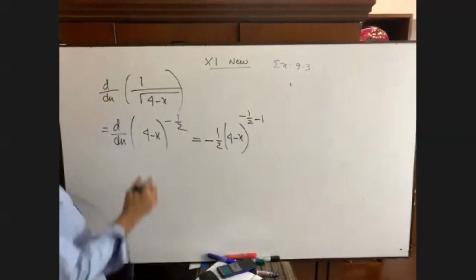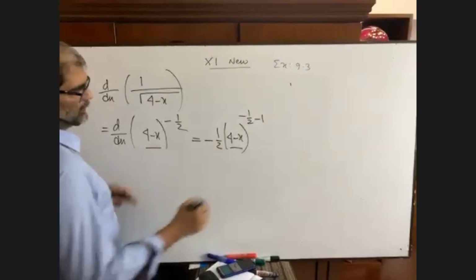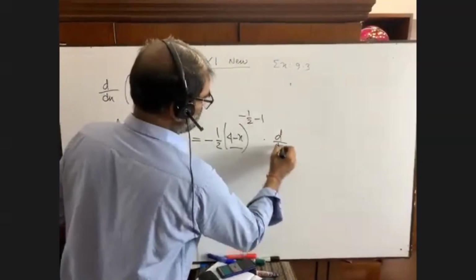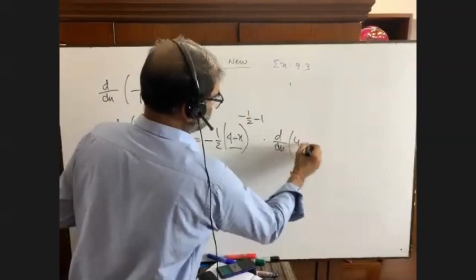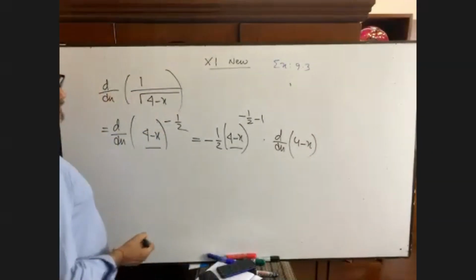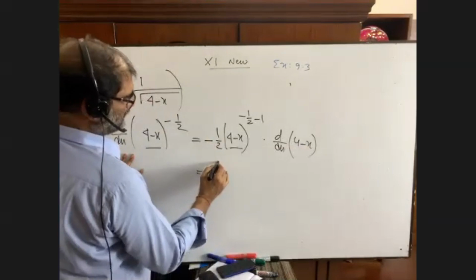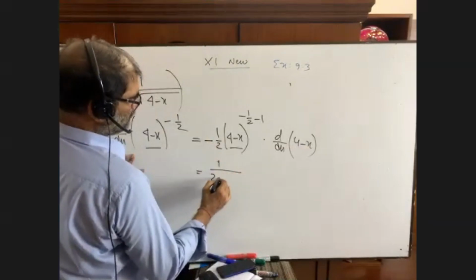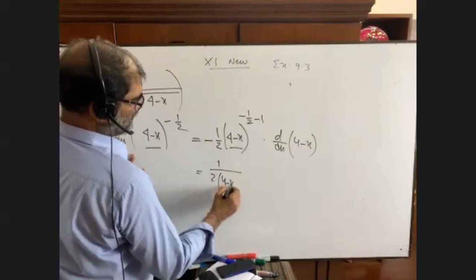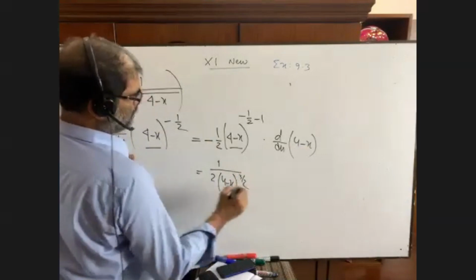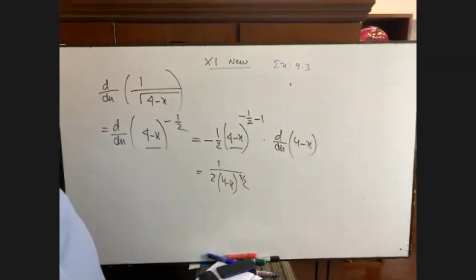Now what is x here? You see, this is x here, only this is x. So we can differentiate again, right? So you see it is minus 1, minus times plus half. It is half, 1 by 2 (4 minus x). I think you have this answer, right? All of you? Okay.